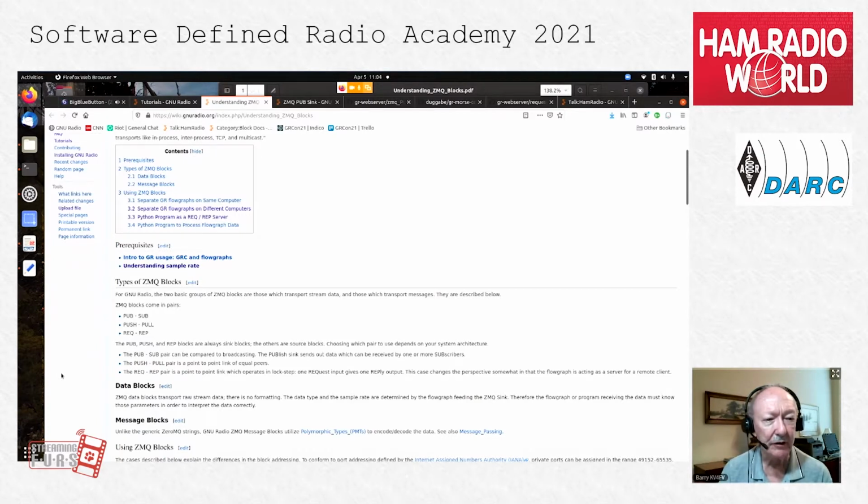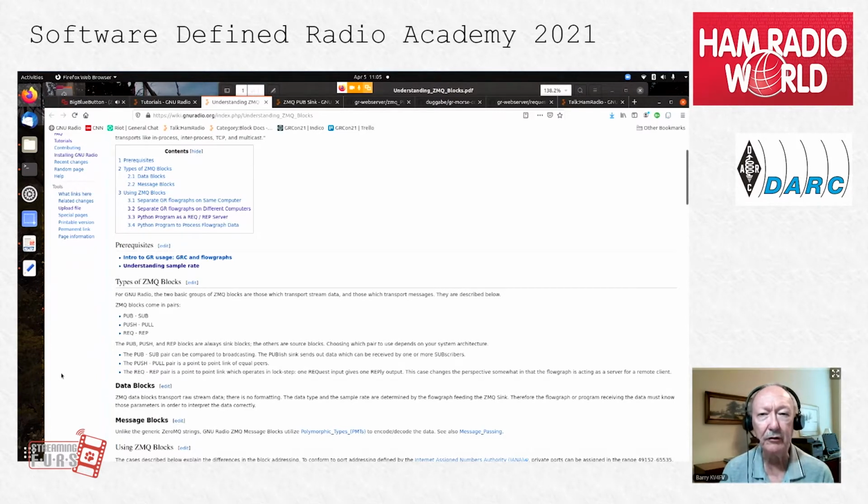Within those blocks, there are three different pairs that communicate with each other: a pub sub, a push pull, and a request reply. The pub sub can be compared to broadcasting, where the publish sync sends out data which can be received by multiple subscribers.